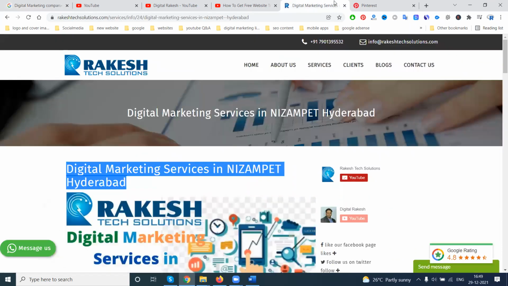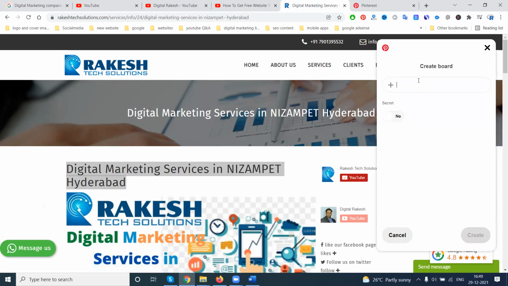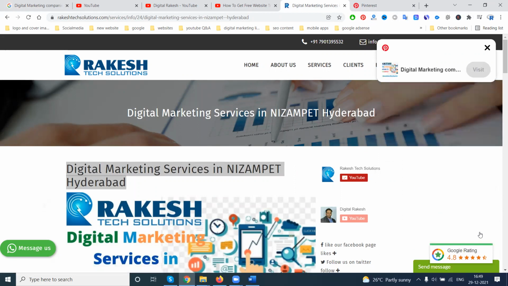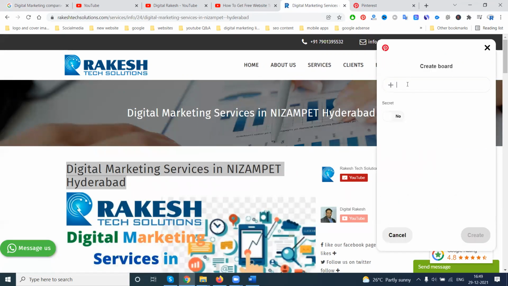Okay, copy, Pinterest toolbar, create a board option, create it. And one more important point: once a board is created with the same name, for example, this board name is already created, the second one will not be created. So any board you can create only one time. So this keyword is not available.